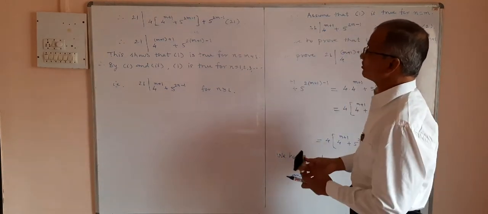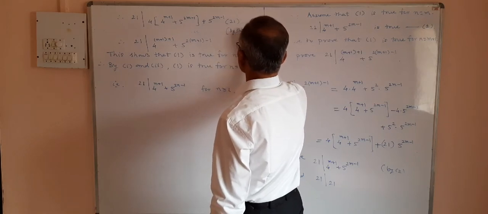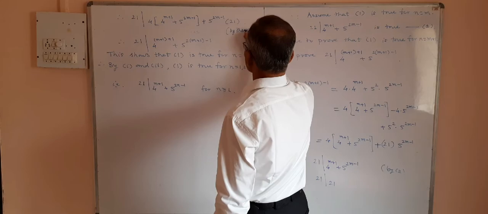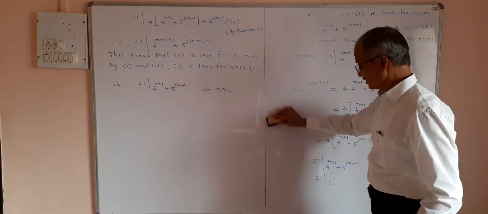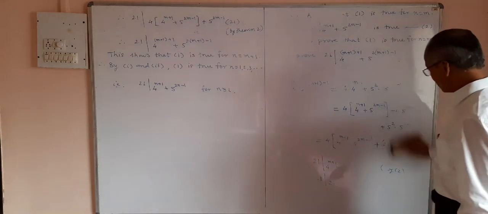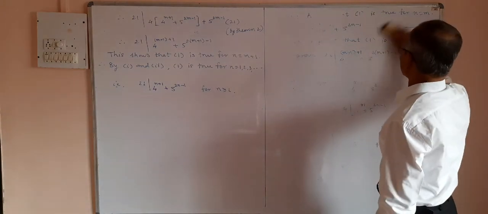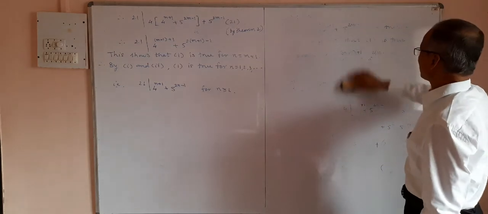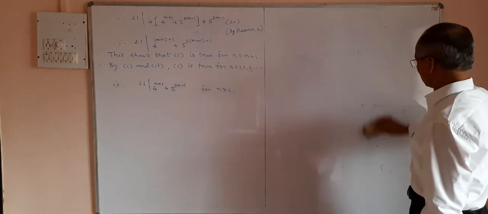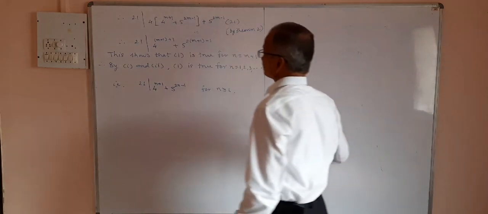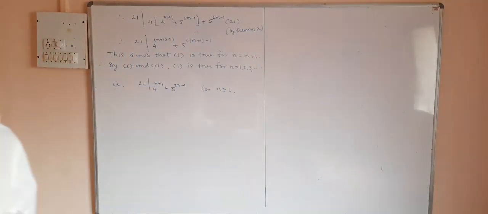So here we use Theorem 2: if A divides B and A divides C, then A divides Bx plus Cy. That result is used. And now we shall consider, for any integer A, if A is odd, then A square divides. Then further, we will have a second example, and that is